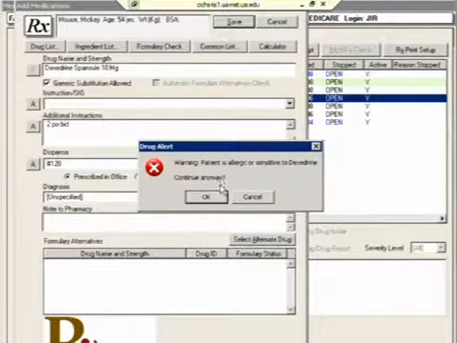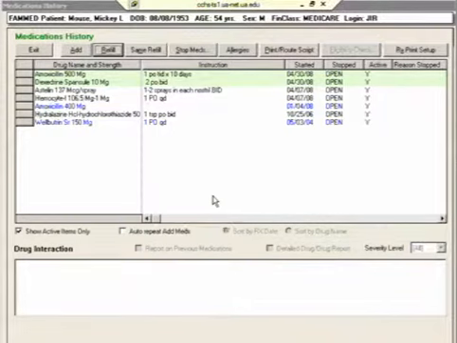And again, I don't know why it's telling me they're allergic, but we'll just click OK for our purposes. And you can see it's in green now, showing that it's been refilled today. Now let's say that I want to